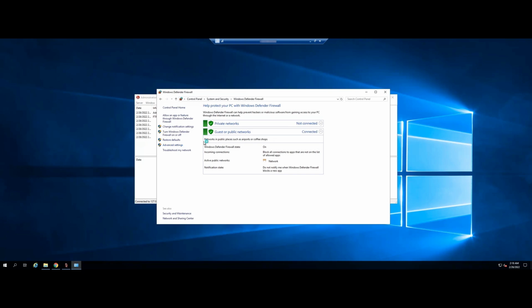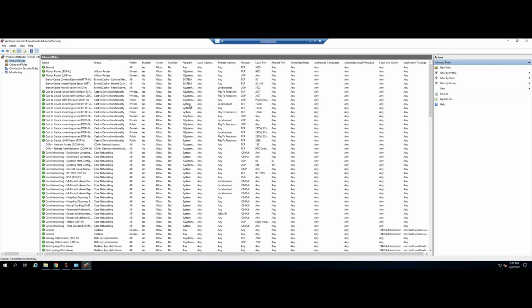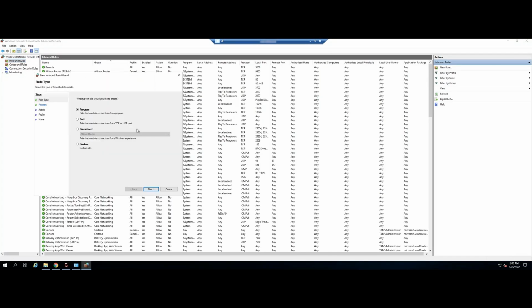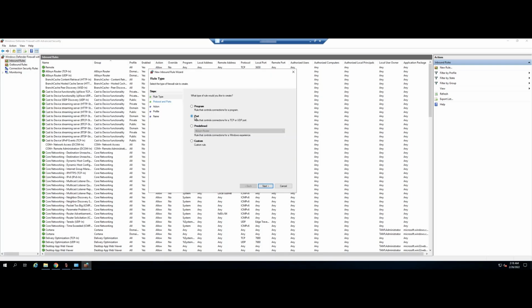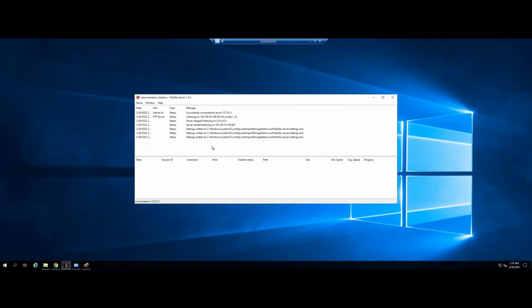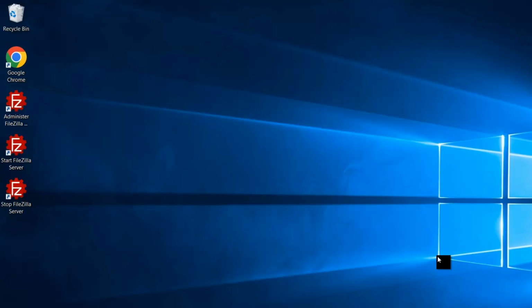Select Advanced Settings. Select Inbound Rules. New Rule. Select Port. Select Specific Port. Enter the port range that we have just set up, 300 to 400. Click Next. And name this rule. Now, we're